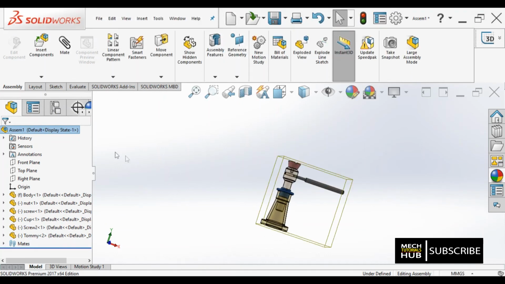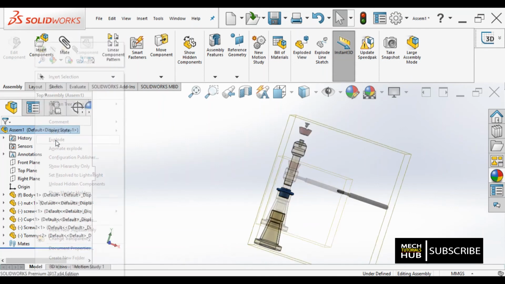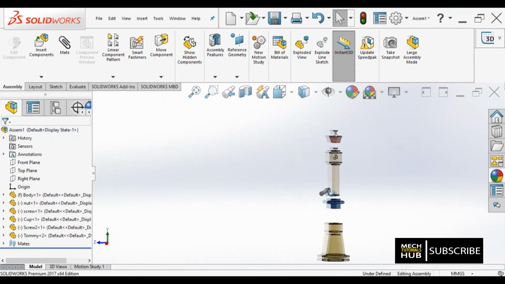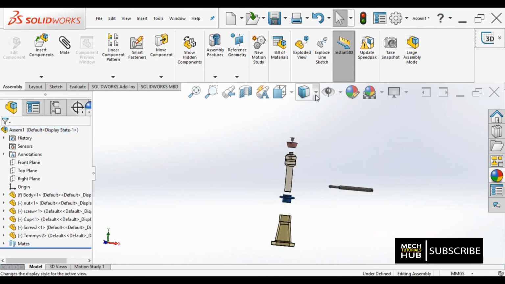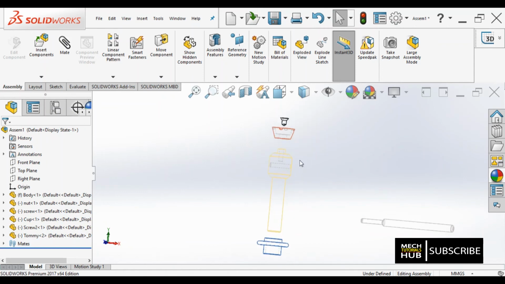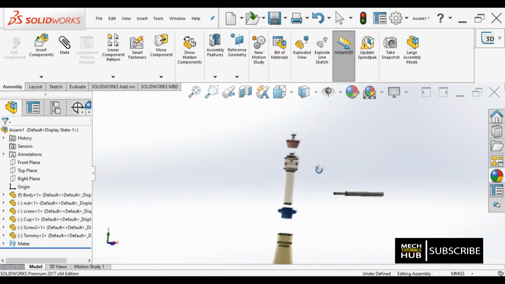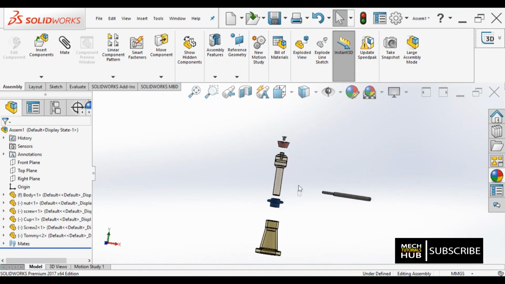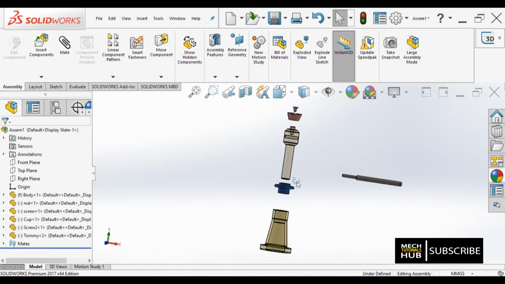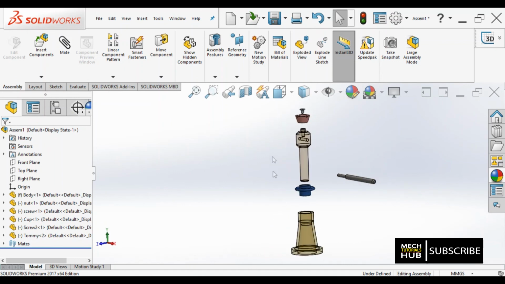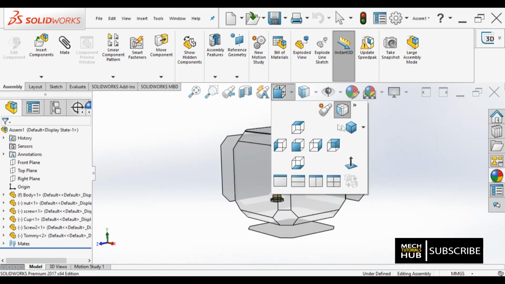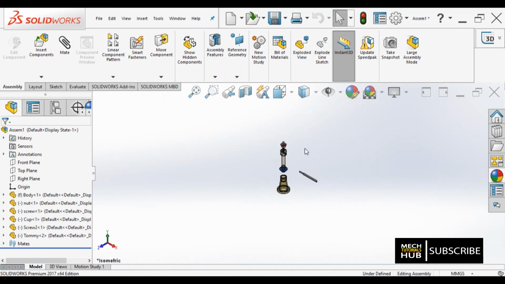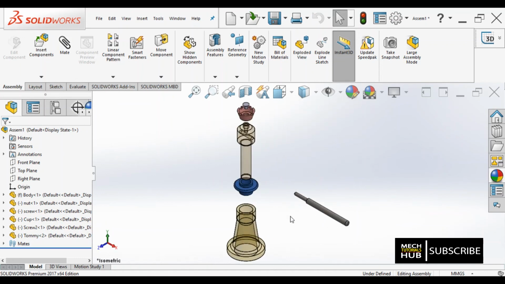Alright, let me close this, go to assembly, explode. Yeah, now you could see. Let me keep all the parts in a wireframe model. Those are not looking out properly, so let me keep all of them solid with edges. Alright, this is how it will look. So the same can be drafted also for documentation purposes. Same can be drafted, that can be kept in isometric view, even that is also possible.